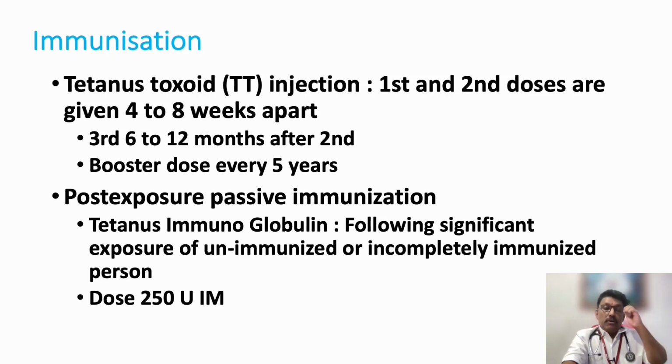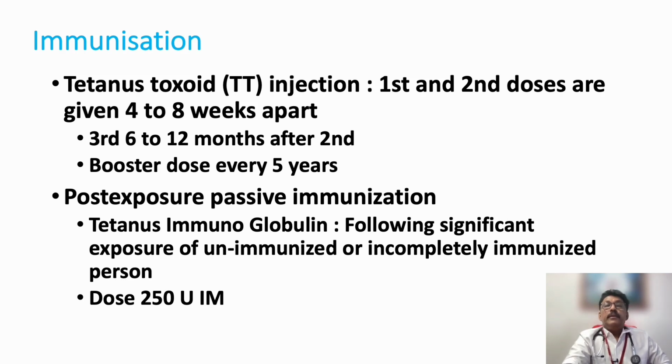For tetanus toxoid or TT injection, the first and second doses are given 4 to 8 weeks apart. This is the primary immunization schedule. The third dose is given 6 to 12 months after the second, and a booster dose should be given every 5 years. So that has to be given to prevent tetanus. Post-exposure passive immunization: tetanus immunoglobulin following significant exposure to an unimmunized or incompletely immunized person. Dose is